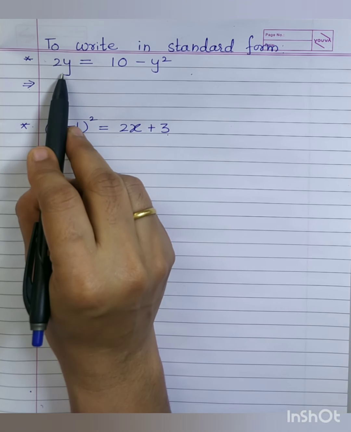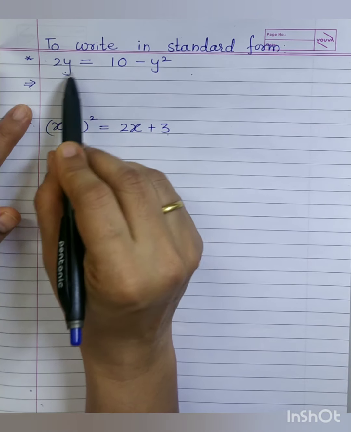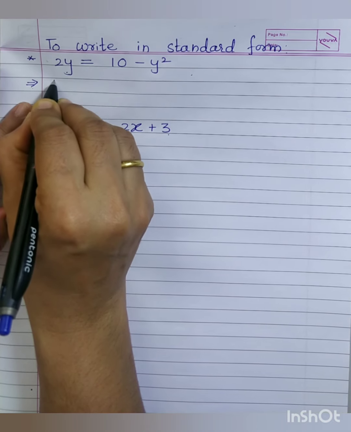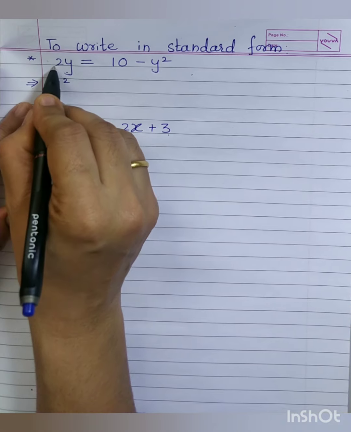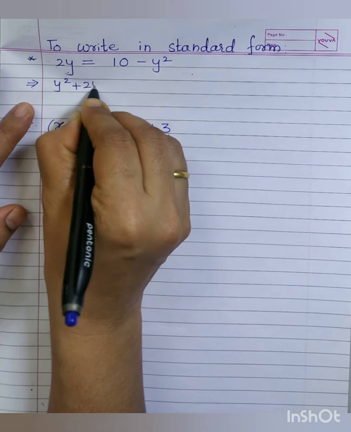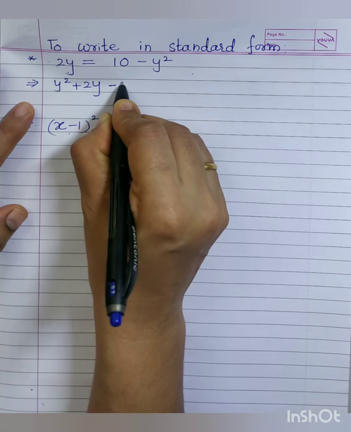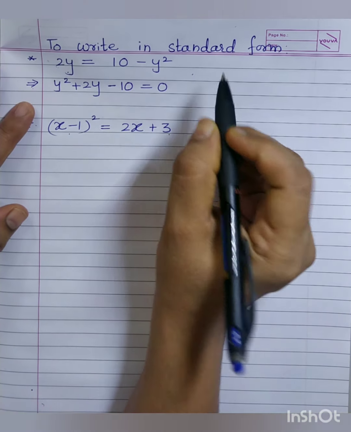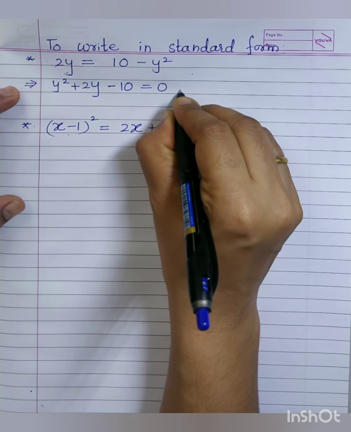Okay, so what we are doing, first we are writing it in standard form. What is the standard form? So for that, minus y square brought to this side. Keep ax square plus bx plus c is equal to 0 in your mind. So y square brought to this side, what will it become? Plus y square. Already what is present here is 2y, so right here plus 2y. Then plus 10 brought to this side, what will it become? Minus 10. And what is left on the right hand side is 0. So have we got the standard form of it? Yes. Now you need to compare it with the standard form.